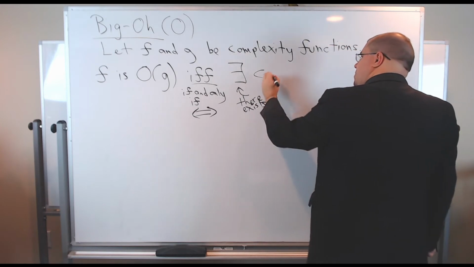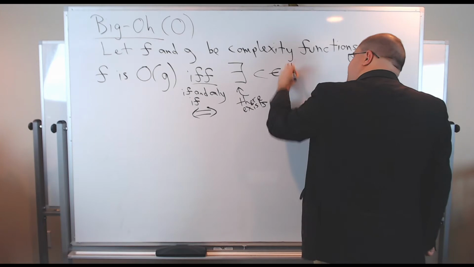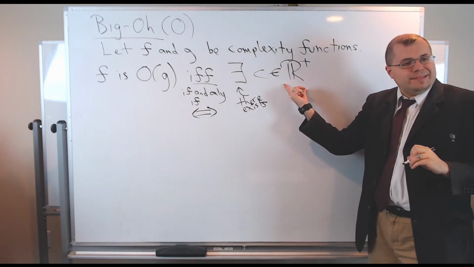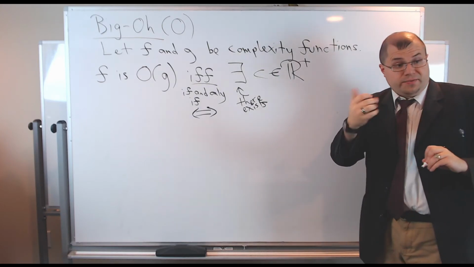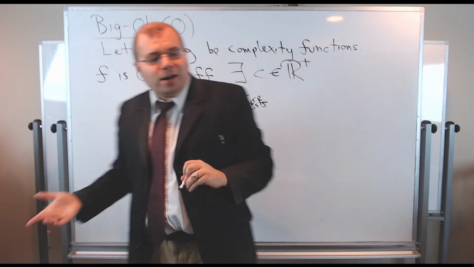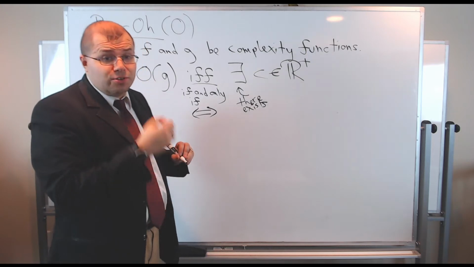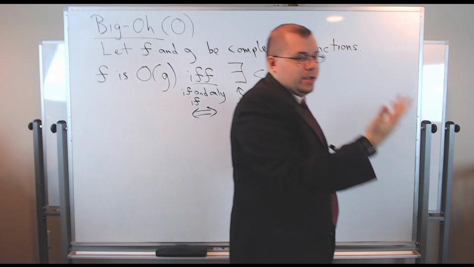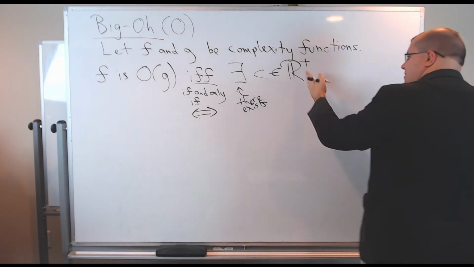There exists C. So C is going to be a variable. It's going to represent a positive real number. This blackboard R represents the set of all real numbers. When I indicate it with a plus, it means positive. So we're not talking about -1, we're not talking about -2, we're not talking about 0, we're talking about things like 0.1, 0.2, 5, 10, but not things less than or equal to 0. So there exists C,